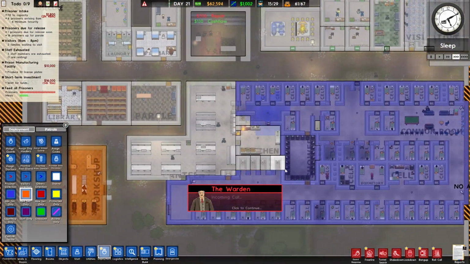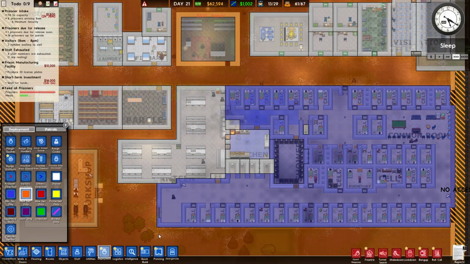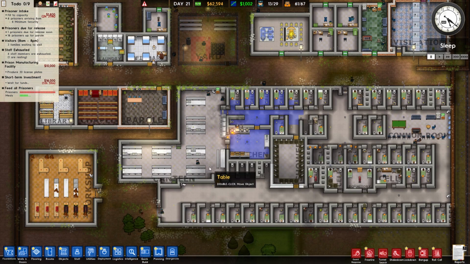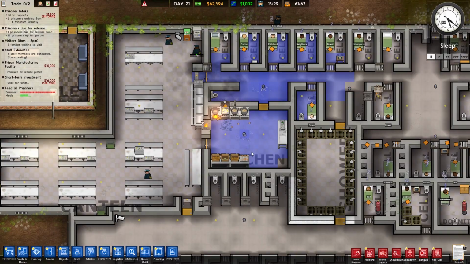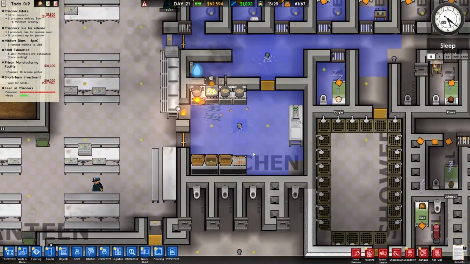Oh, God, there's a call. Oh, please don't let it be another tunnel. What is a fire? Okay, fire is even worse. Hang on, slow it down. Everybody stop. There's the fire. I see the fire. Now I have to remember from way, way back when I first played Prison Architect how to summon the